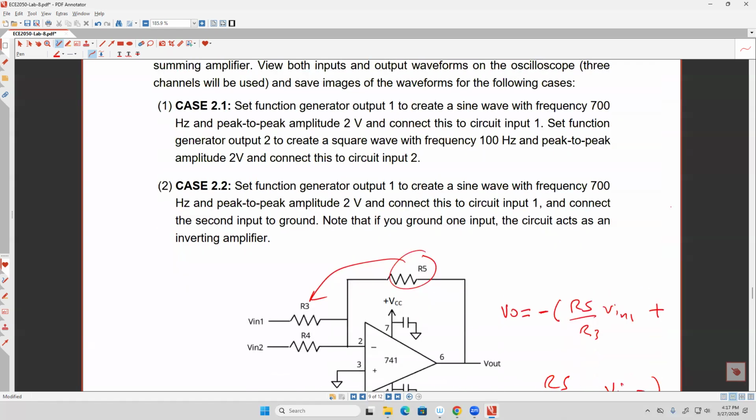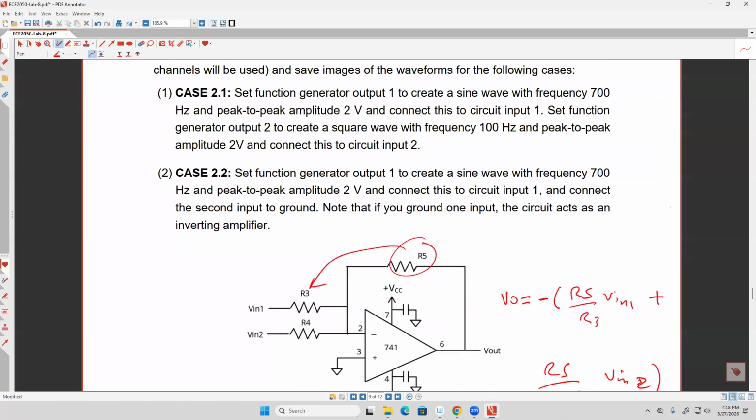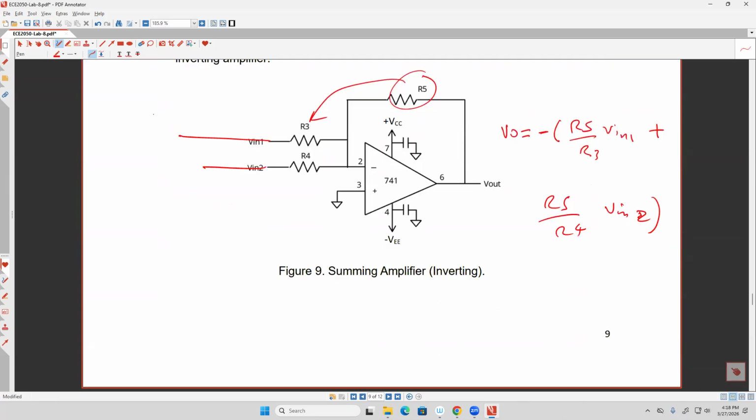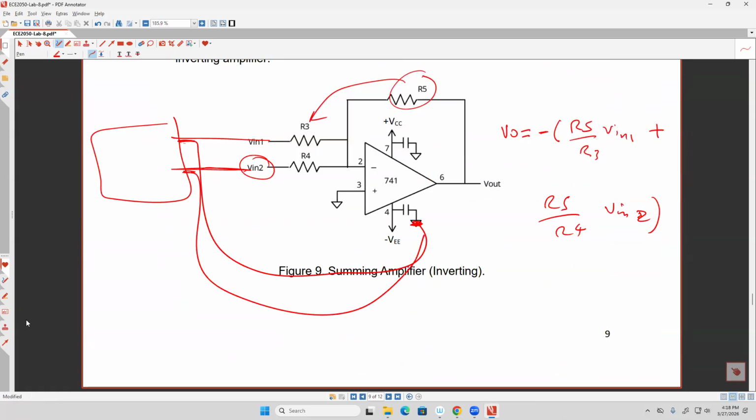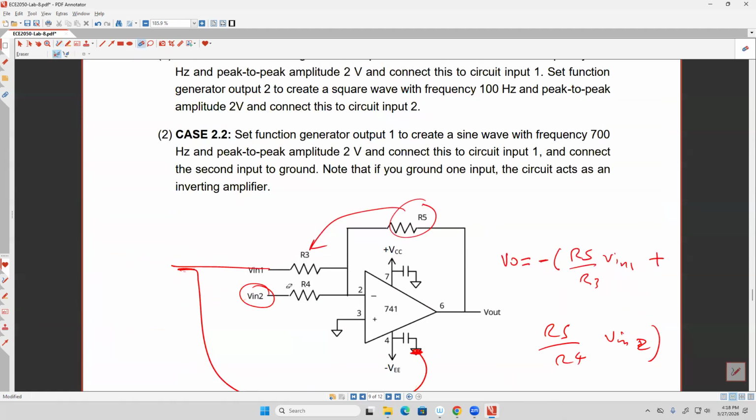So this is just the first part. Now this is also different from the previous one. Now, guys, I need two channels from the function generator. So if you have a function generator here, the first channel has to be here. And the ground of this channel is going to be connected to the whole ground. Everything has the same ground. Same thing here. I'm going to use a second channel for this input, and then the ground of this channel will also go to ground. So here I'm going to use two channels